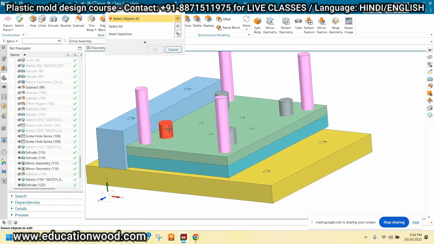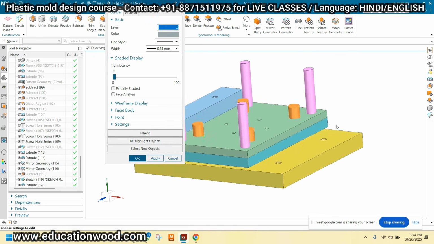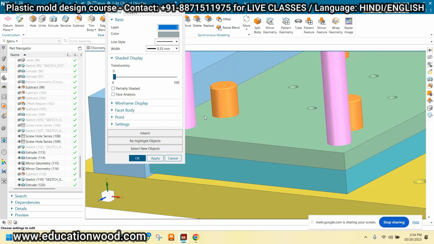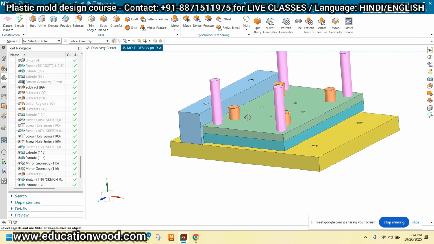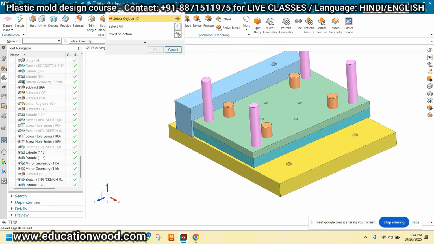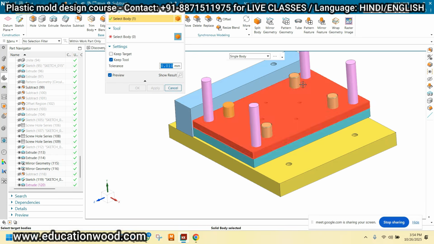Understood? See, this is nothing but this is the pillar, and similarly we have to provide the bushes. Okay, so by splitting this two plate by the circular curve. Okay, so you can provide the bushes also like this. See, this is nothing but this is the pillar. Control J and just subtract this.